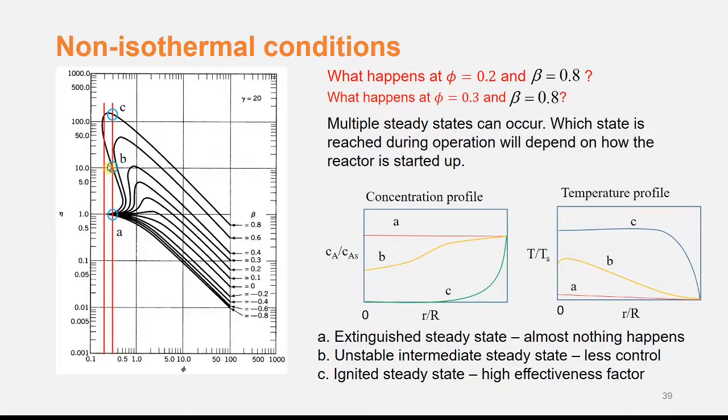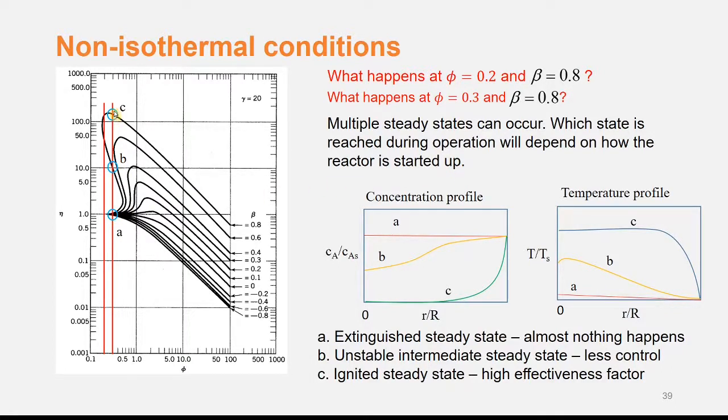Some of you may have noticed that the curves with large beta, the highly exothermic ones, have a funny shape. If we specify a particular value for the Thiele modulus phi, then we can find 3 different values of the effectiveness factor. What this means is that we can find 3 different steady states depending on how the reactor is started up. Looking at the 3 cases,